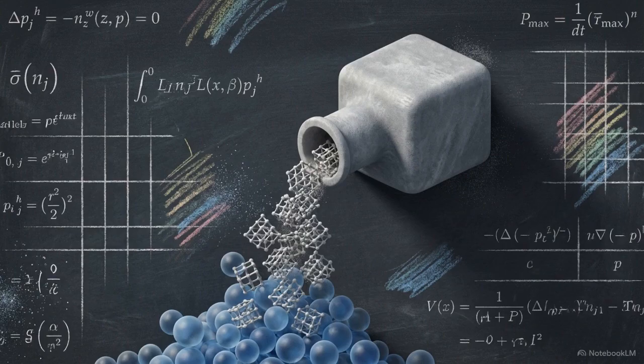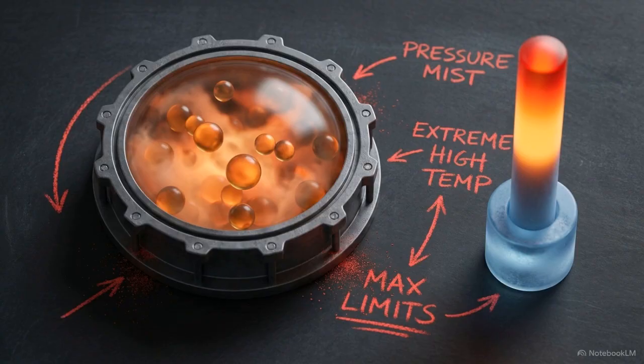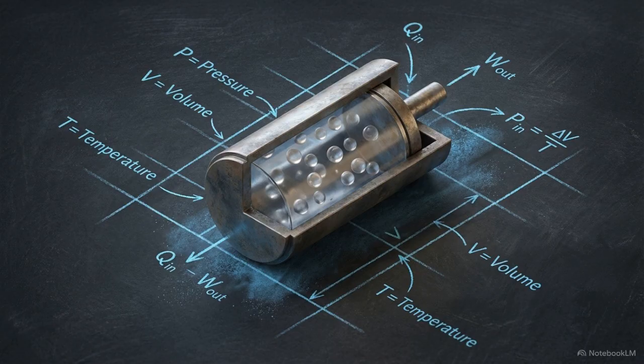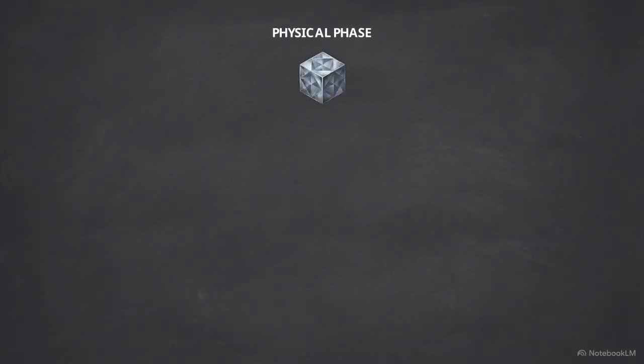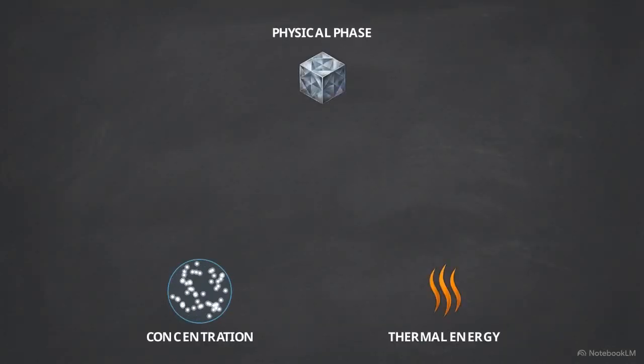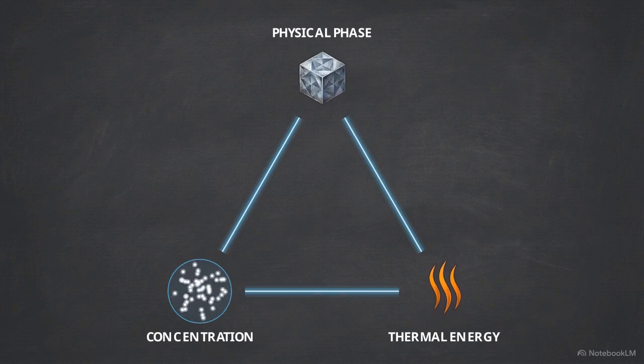To accurately map how these mixtures behave, we must discard the everyday assumption that solutions are strictly solids dissolving in liquids. We need to evaluate every possible phase interaction and calculate their limits under thermal stress. A binary solution is a highly regulated thermodynamic system. The physical phase, the concentration of particles, and the thermal energy of the environment are locked in a precise mathematical